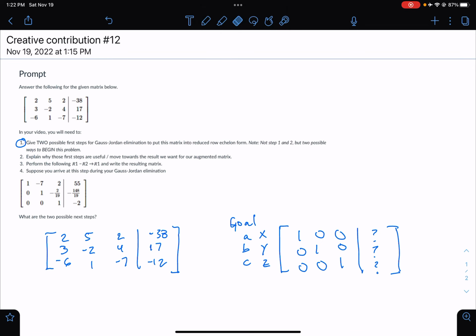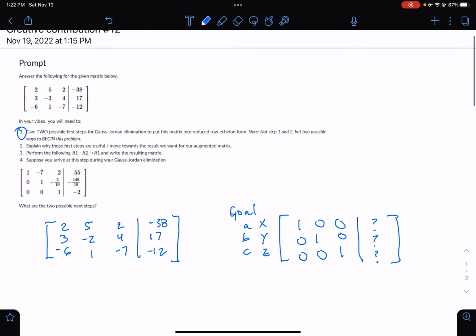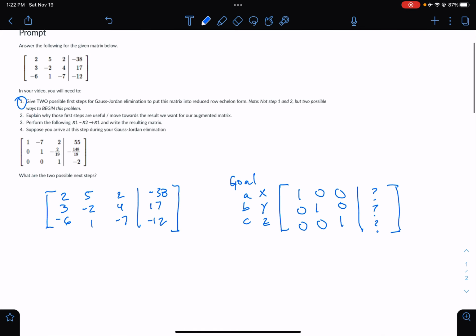So this video will be on elimination using matrices, and I have the prompt right here, and I'm just going to answer these 4 questions. The first question asks to give 2 possible first steps to put this matrix into reduced row echelon form. So I just rewrote